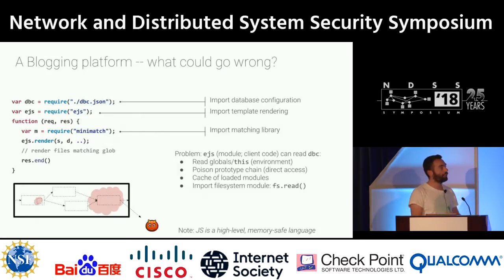For example, they can read the global variables, or they can poison the prototype chain, since we're talking about a prototype-based programming language, or they can access the cache of loaded modules, since today runtimes cache modules, both for consistency and performance, or you can just import the built-in file system module and just access the file system directly, okay? And these are valid actions at the level of the application as a whole, right? But you might not want this module to have